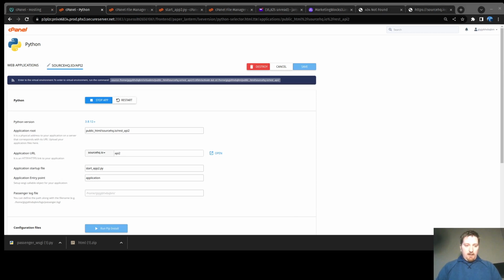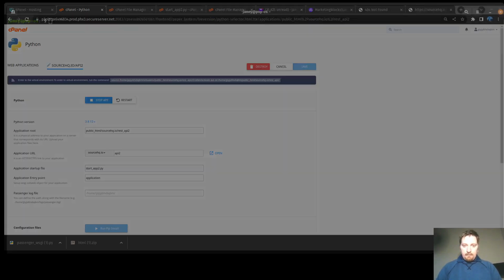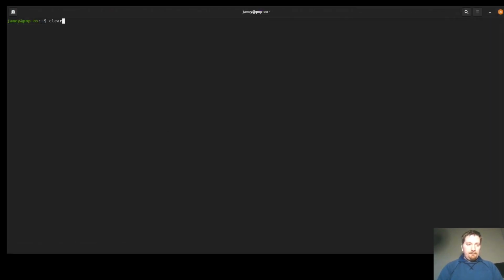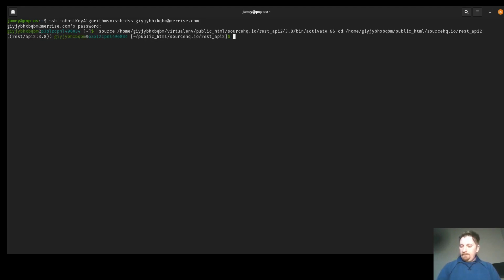So let's go ahead and do that now. All right, whenever connecting to GoDaddy shared hosting through SSH on Linux systems, this is going to be important here. So we need to specify the option of host key algorithm ssh-dss, okay? Okay, there we go. Now we can copy our command that we got from